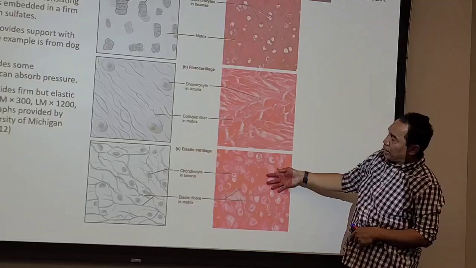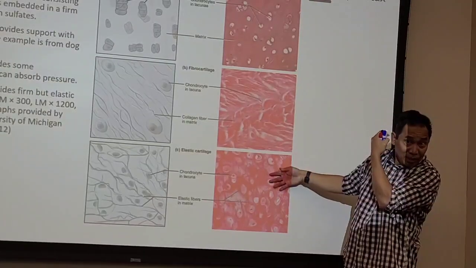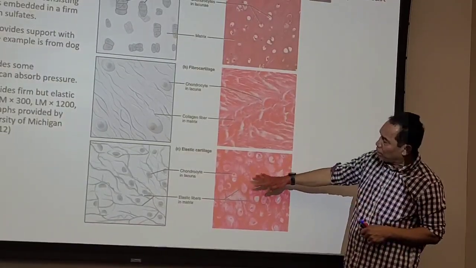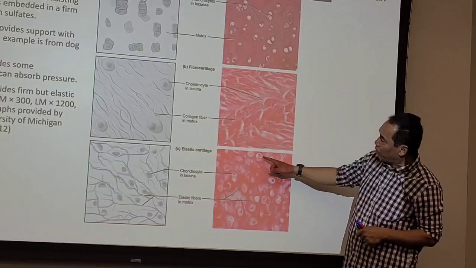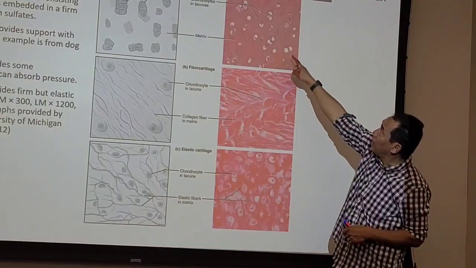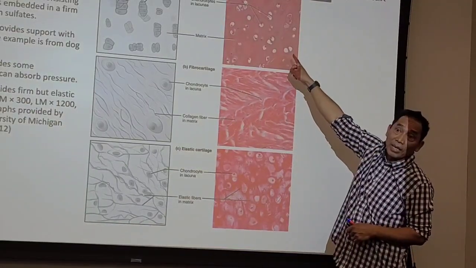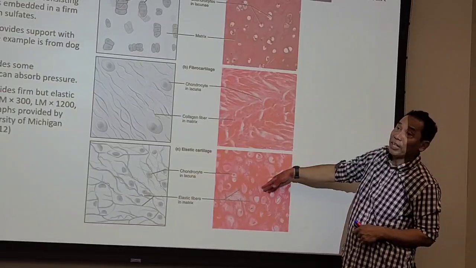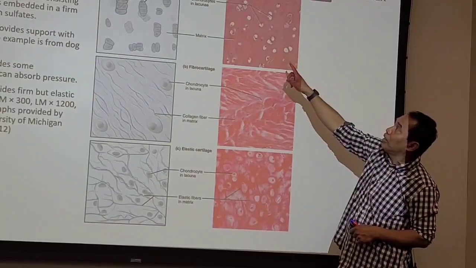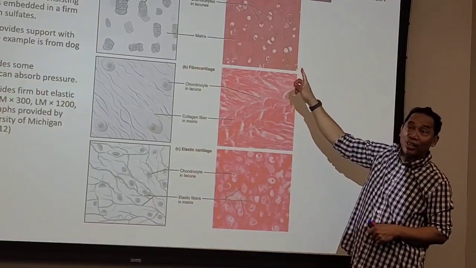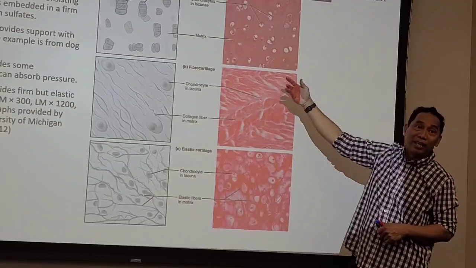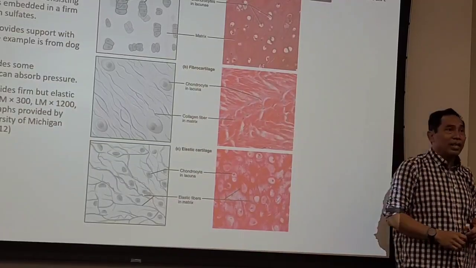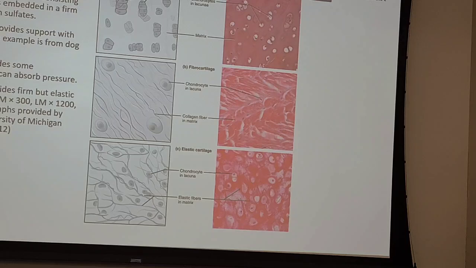This one is elastic, like in the ear cartilage. It has mostly elastic fiber. The shape of the cell is very similar to the hyaline over there, but it has more fiber over here. And the name of the cell is now called the chondrocyte. You see that one? The name of the cell is based on the tissue type. If it is in the cartilage, the cell is called chondrocyte. If it is in the blood, it's called the red blood cell, white blood cell, and so on. Right? So they have special names.